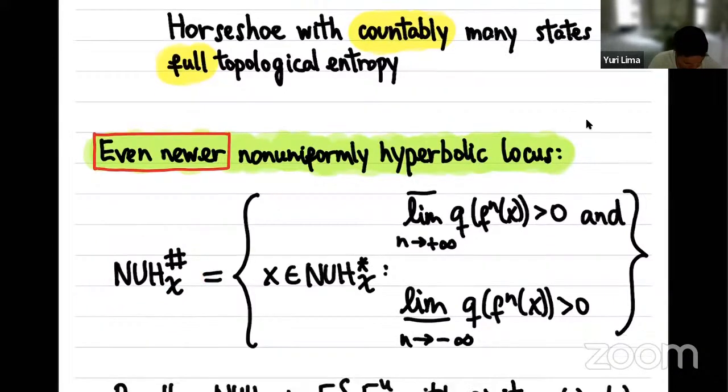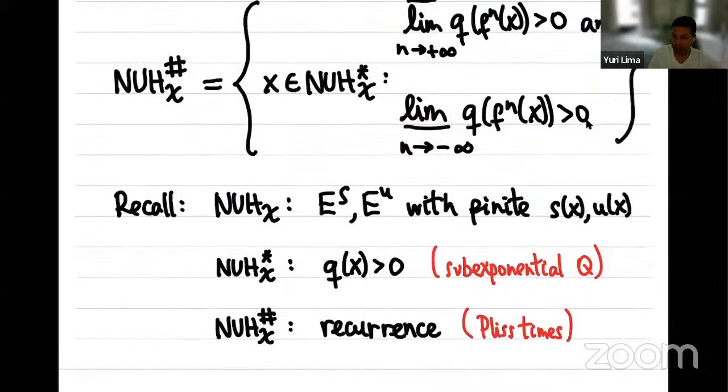Okay, so let me just recall to you the three subsets that we consider. We first consider this one, for which we have the invariant directions E^s and E^u, and the rate to which those possible Lyapunov exponents are bounded from minus chi. They give us these finite parameters s and u. So here we are only looking at the non-uniform hyperbolicity. Then we added an extra condition to require that this small q is positive. So this means that you have a sub-exponential big Q. And now the new input is to introduce some recurrence